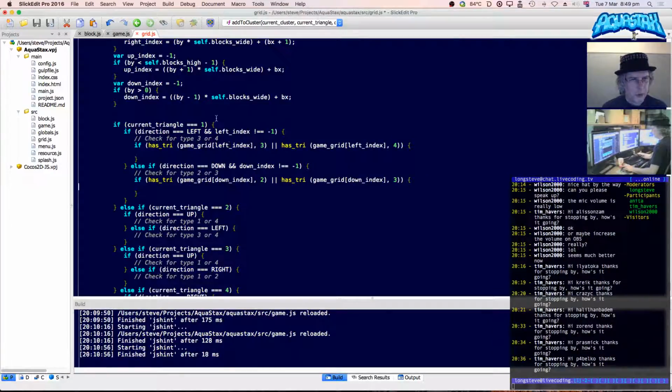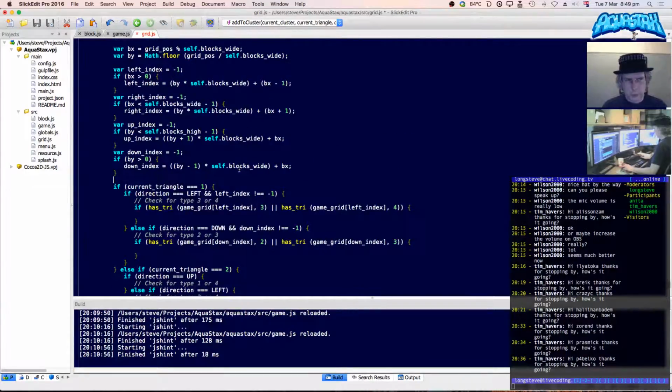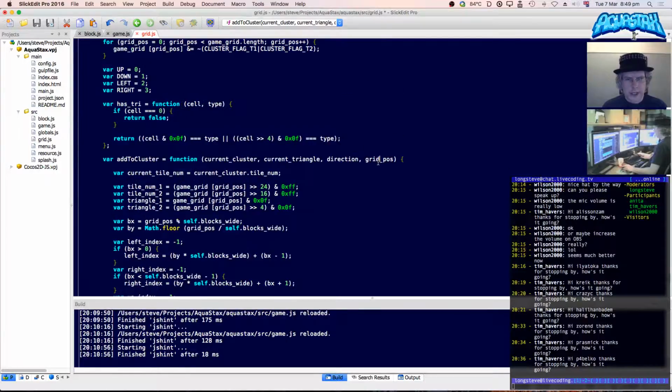What I want to do when it hits something with that correct triangle in, I want it to just basically add the current grid pos to, let's just add the grid pos to the cluster array, and that will,